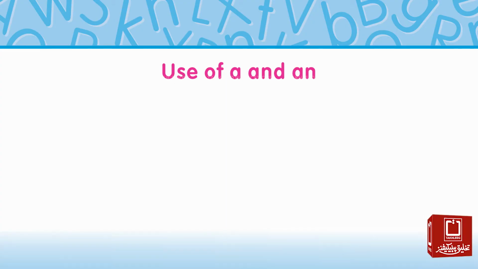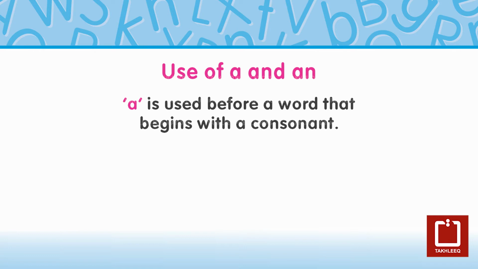Use of A and AN. ए और एन का इस्तेमाल। Dear children, प्यारे बच्चों, now we learn the use of A and AN. अब हम ए और एन का इस्तेमाल सीखते हैं। A is used before a word that begins with a consonant. ए उन अल्फाज के लिए इस्तेमाल होता है जो मुवाफिक से शुरू होते हैं।